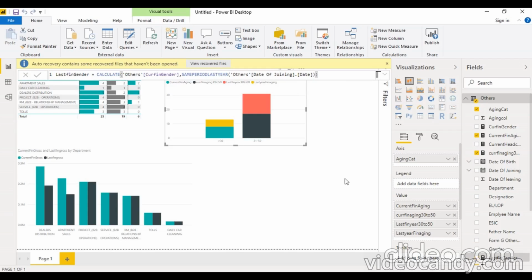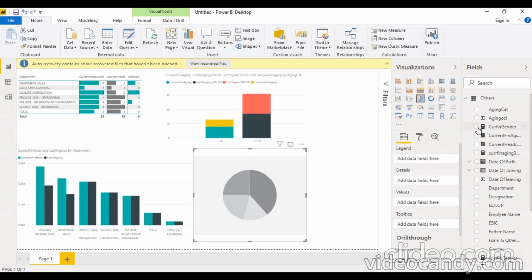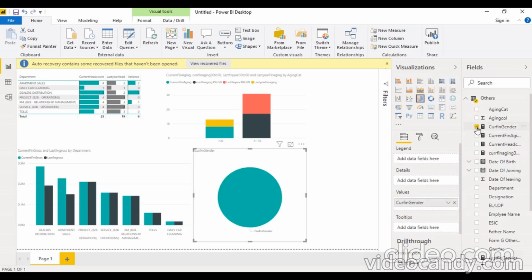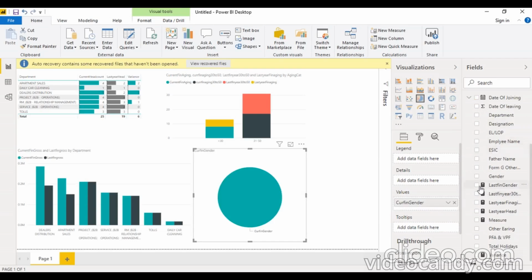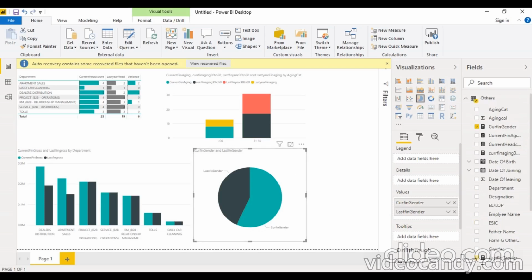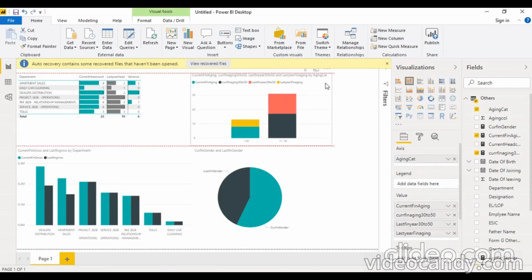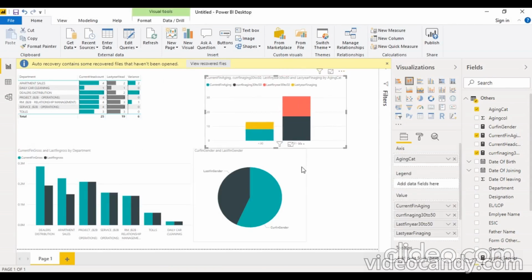Okay, so now I am getting all the values. Select this pie chart and select the current financial year gender and last financial year gender. So both the fields come inside the value. So all the reports I have prepared. Now I apply some formatting. Firstly, I set all the reports in a manner